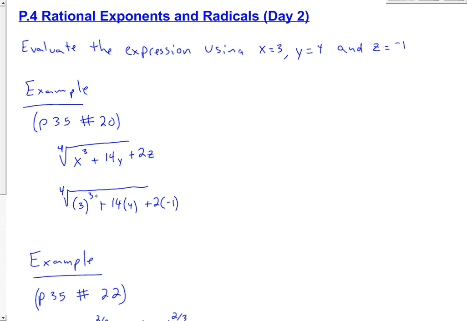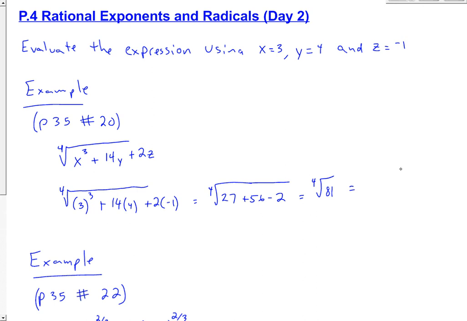Now we can figure out 3 cubed is 27, plus 4 times 4, which is 16, and 2 times negative 1, which is negative 2. And so we're adding in negative 2, which means minus 2. Go ahead and simplify that on the inside. We're going to add 27 plus 16, so that's 43. Minus 2 is 41. So we get the fourth root of 81,